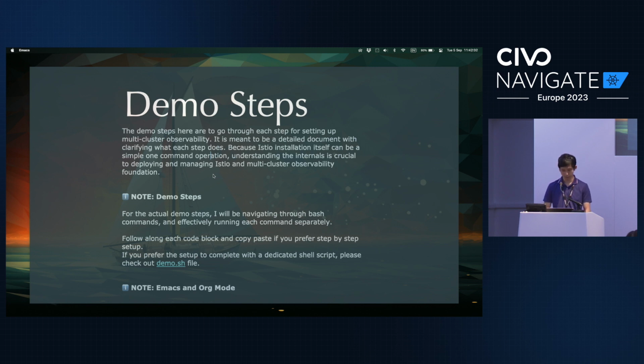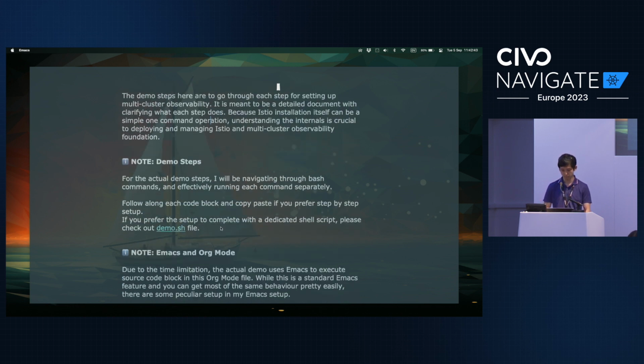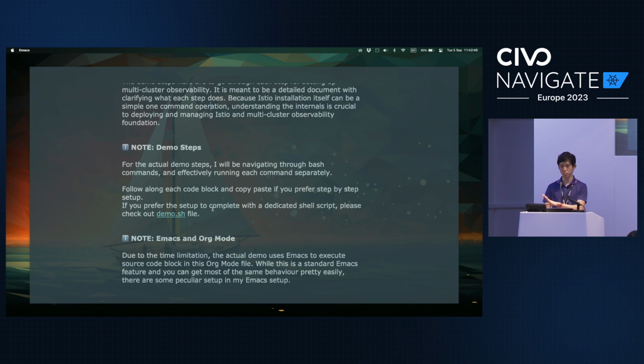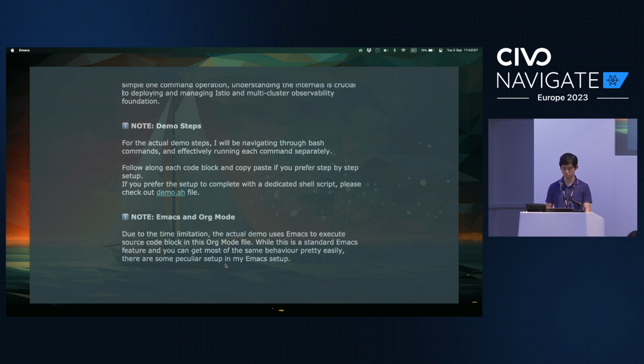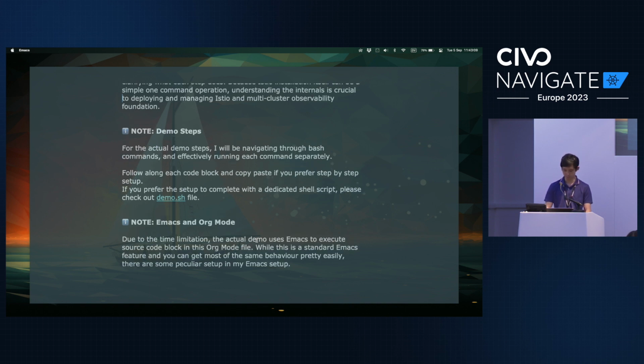I'll be talking about why. But the demo steps are going to be just copying and pasting the bash commands to create directories or copy some of the files. For these demo steps, the actual demo setup will be available by running just demo.sh in the repository. But for this one, I just wanted to take the time to go into each detail. The reason I'm using Emacs is that I don't want to copy and paste, so I wanted to save time by being able to click or provide some command to run the shell commands. You definitely don't need Emacs to go through all of that.